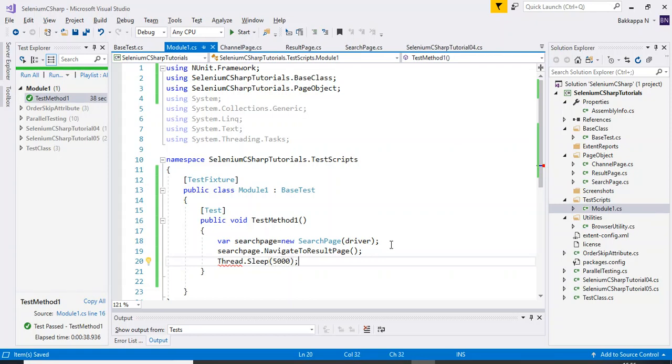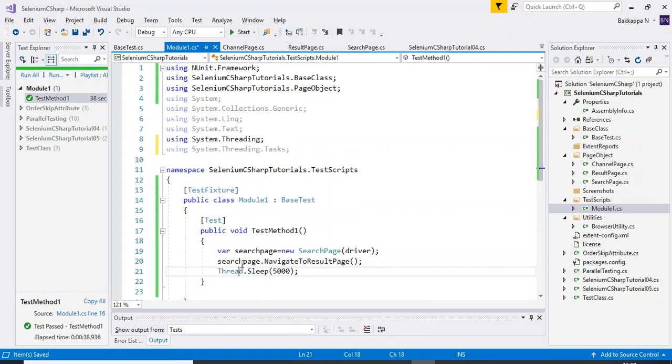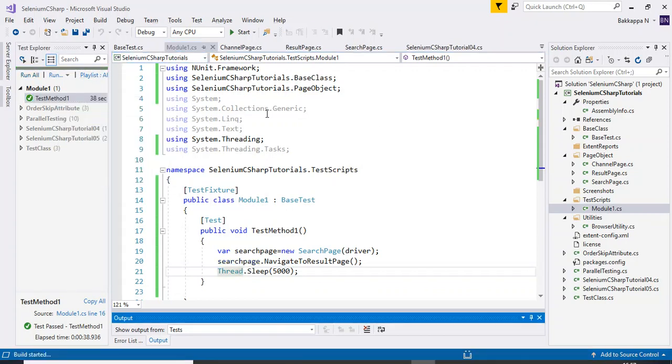You can implement explicit wait and put it over here, that you can write a particular statement after writing the steps. Just press control dot, so import the System.Threading. That's it. If I run this particular test method 1,